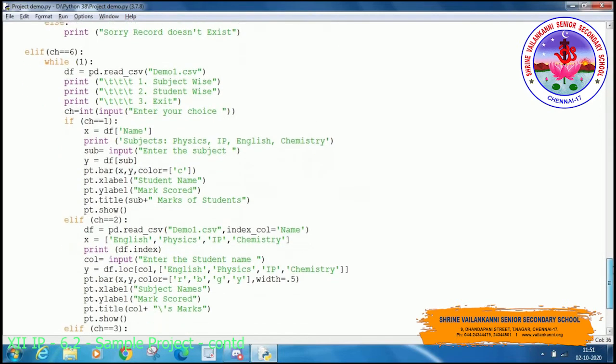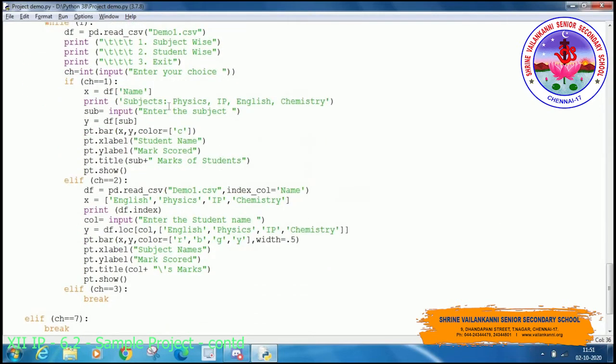If the choice is 2, it displays the marks of a particular student in all subjects. So x-axis is subject here and y-axis is the name of a person, right? The name of a person we are getting here will be assigned as column. We are fetching the particular record, so I'm using column here because I'm using the index col parameter. For this data frame the index column is name. According to name, this data frame will be displayed. So that name I'm using as the x-axis here.